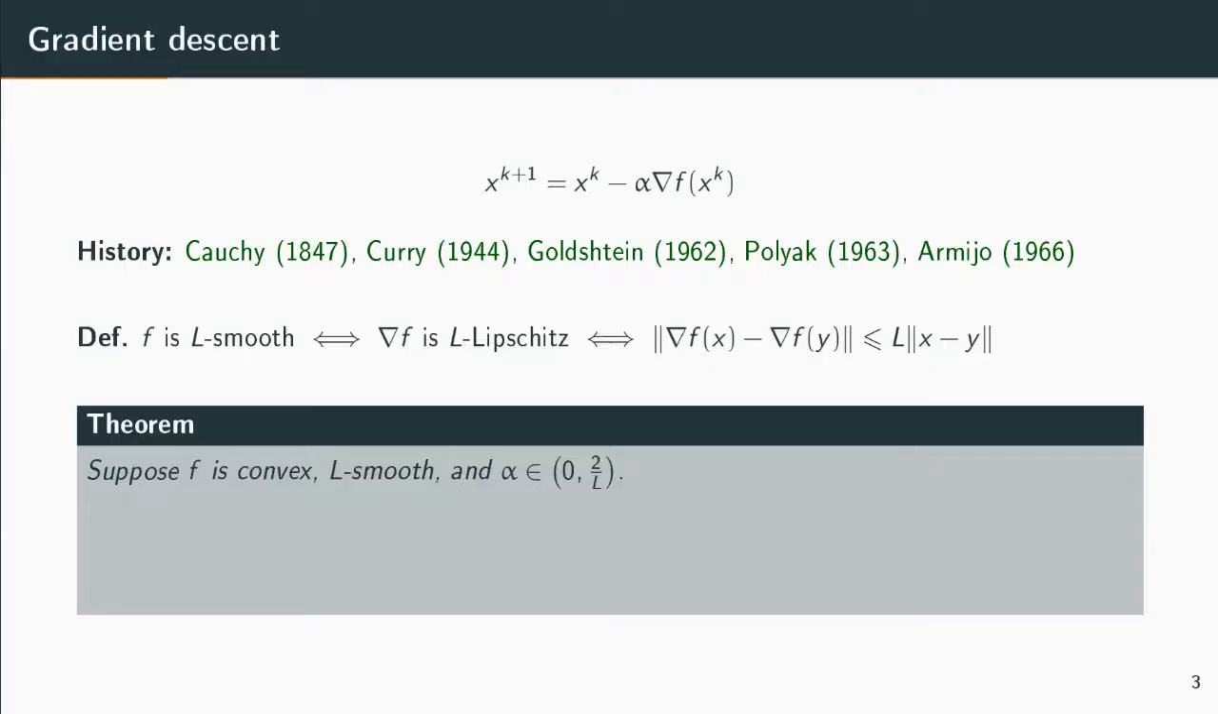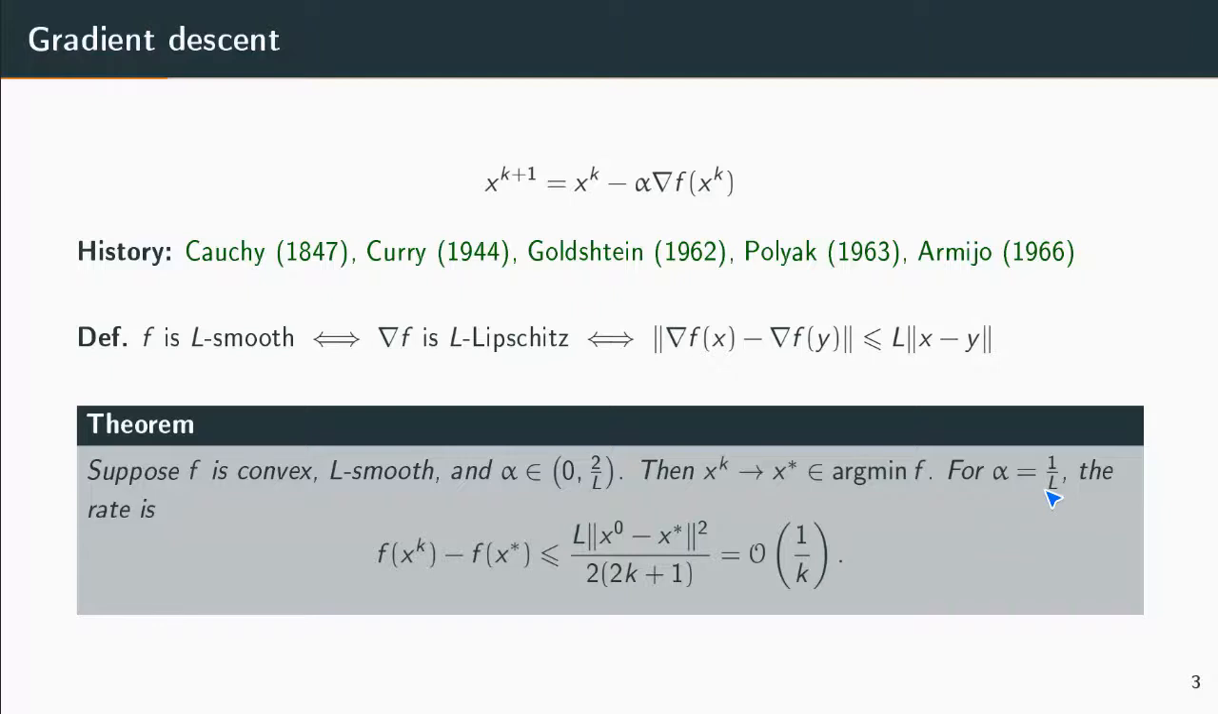Okay, so the basic classical result is as follows. If our function is convex and L-smooth, we use a step size alpha. If alpha is small enough, in particular if it's less than 2 over L, we can prove convergence to a minimizer. If we pick step size like 1 over L, we can quantify the rate exactly. In particular, for function values, where x star is our solution,